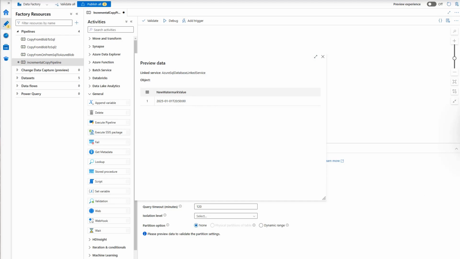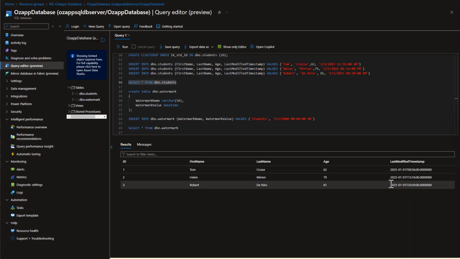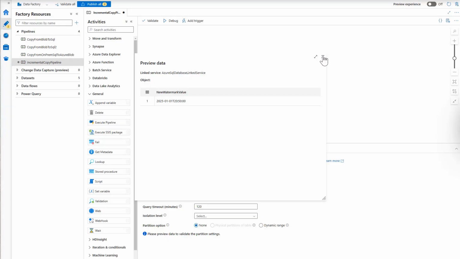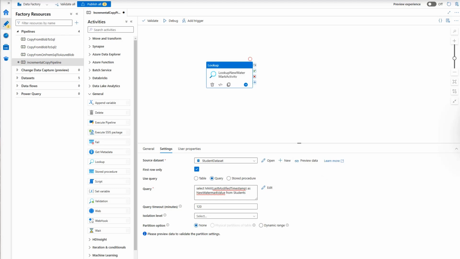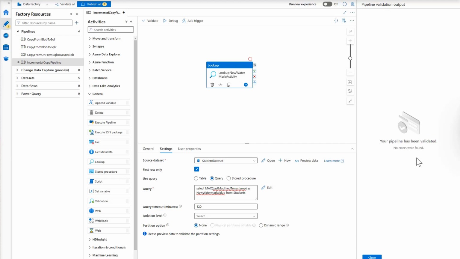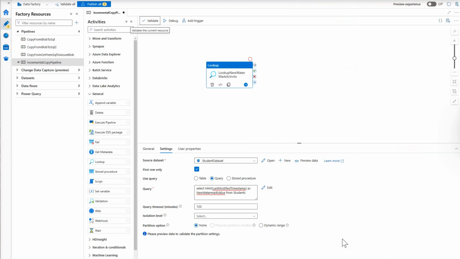We can go to the query editor in SQL Server and validate this value. If you look at the last modified timestamp values, this is the maximum value, which is the greatest one in this table. So it works fine. Go back to ADF, close this. We can validate our work so far. So click on validate. You see that it is validated. Okay, we go to the next bit,